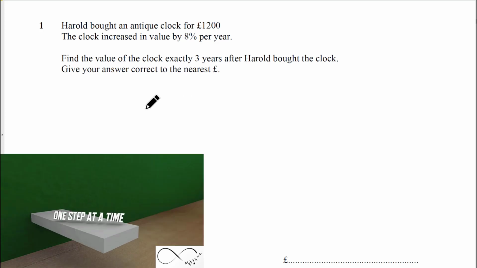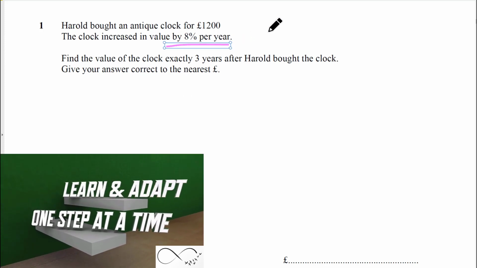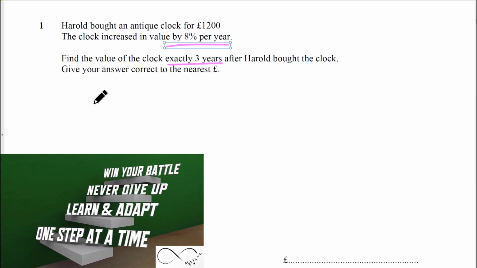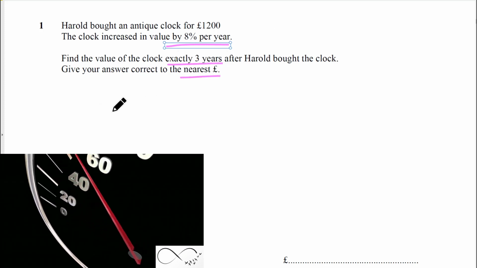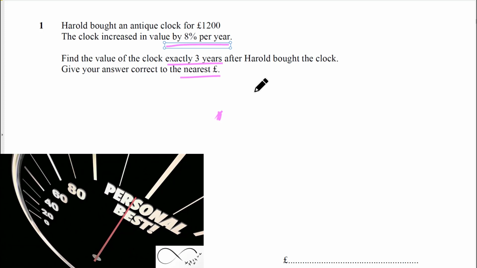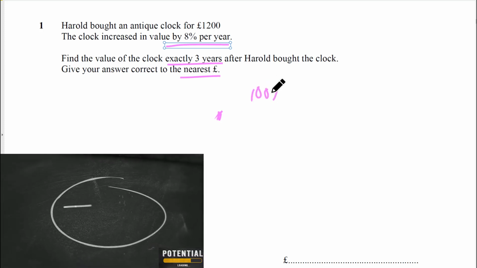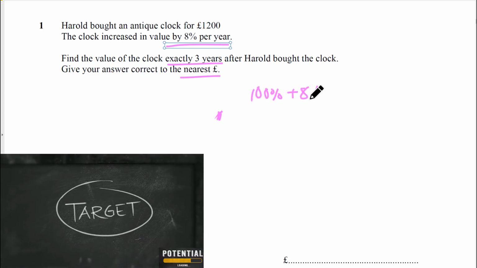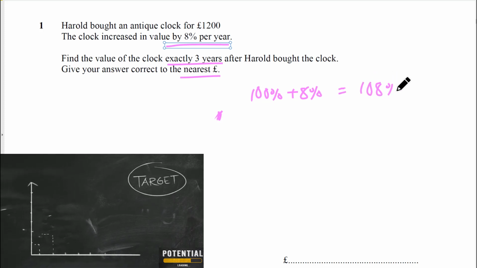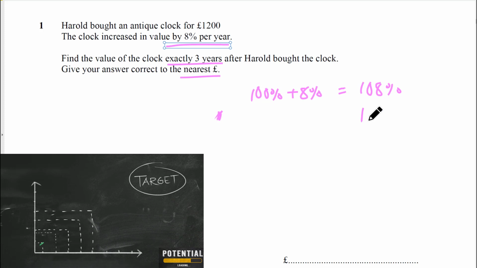Increase by 8% each year, and it's exactly 3 years. Give your answer to the nearest pound. That's all important information. So we have 8%, 100% plus 8% equals 108%. So as a decimal, that's